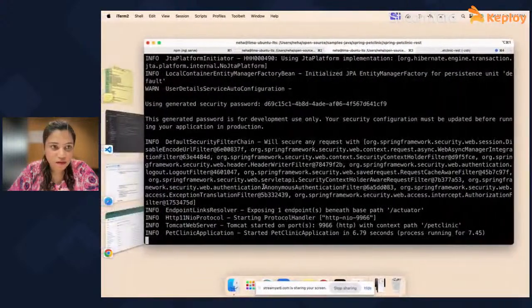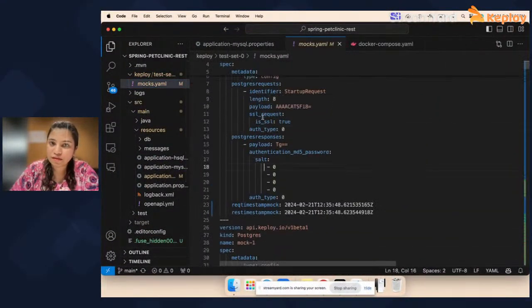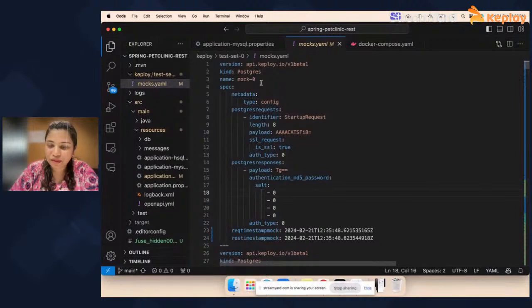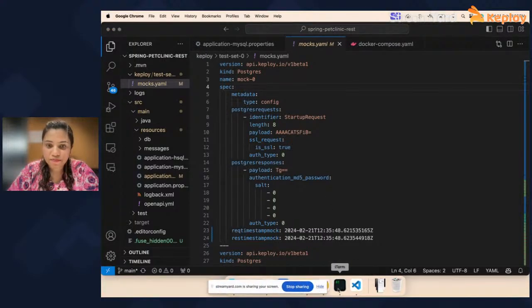In parallel, I would show that a mocks YAML is created, because there were some initial connections with Postgres DB that my application made, and those need to be mocked when I run Keploy in test mode, so that I don't need Postgres. So there is just mock.yaml inside the Keploy folder right now, and it's all in the same code base of my sample pet clinic application. Now, as I start making calls,